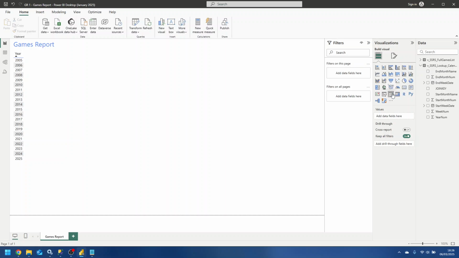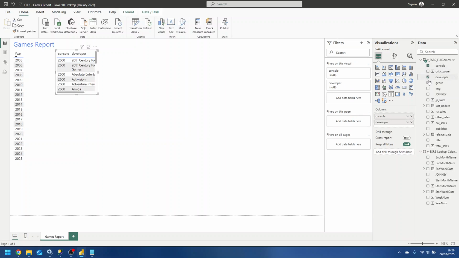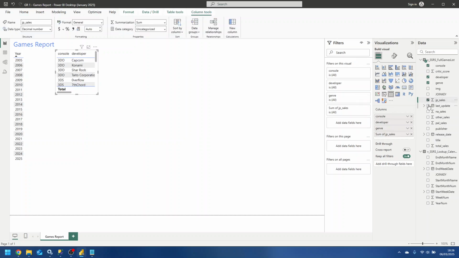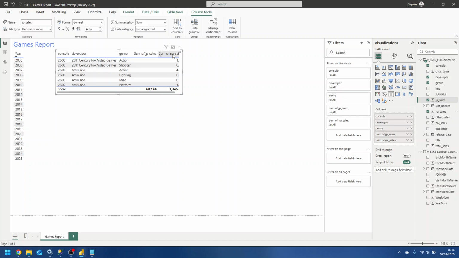And you can have charts, etc. If you're doing a matrix, that's where you're grouping on different things vertically and horizontally. Let's have a simple table. And let's bring this into here. Now, let's go look at the full games list. So we want the console, we want developer, genre, number of sales, and it's going to try and, yeah, this is right. So if we bring this out, there you go. So that's our table,